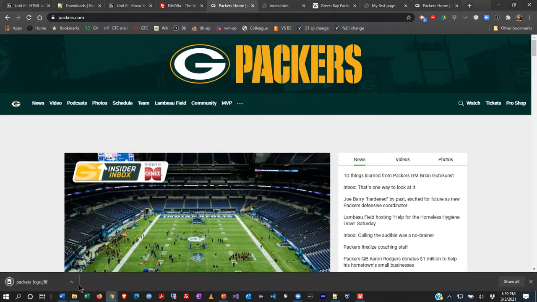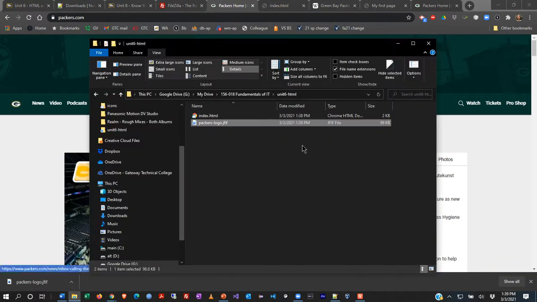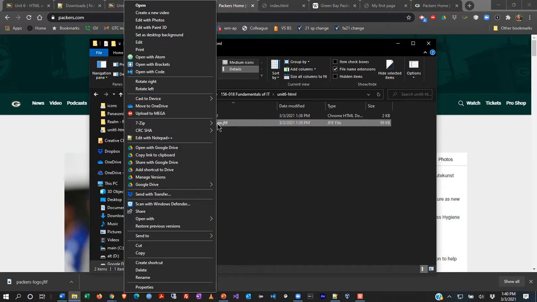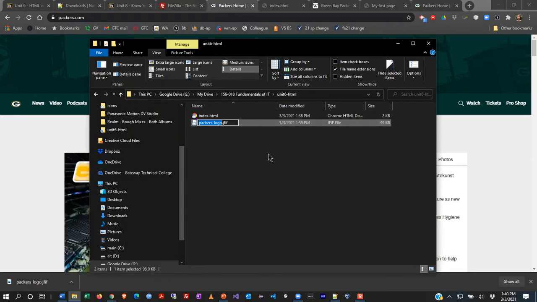Now I'm going to go take a look at this in the folder, and there's some strategy I'm using here. I see the image. And this is actually kind of a new image format for the web, by the way, but it's basically a JPEG file. And then I'm just going to right-click that logo, and I'm going to choose Rename. And then I'm going to make sure it's all highlighted. And this is kind of a trick I teach my web students,